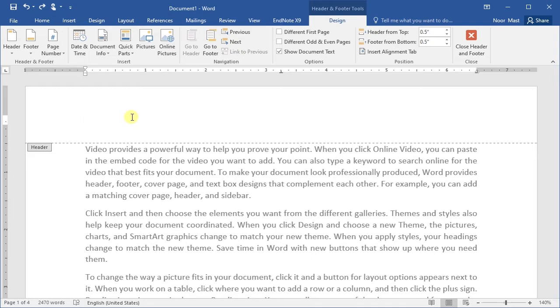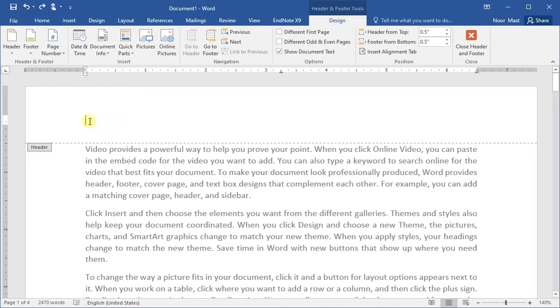In the meanwhile, the design tab will also appear at the right side of the other tabs. This design tab will be available as long as the cursor remains in the header or footer sections, or as long as the header and footer sections are active.